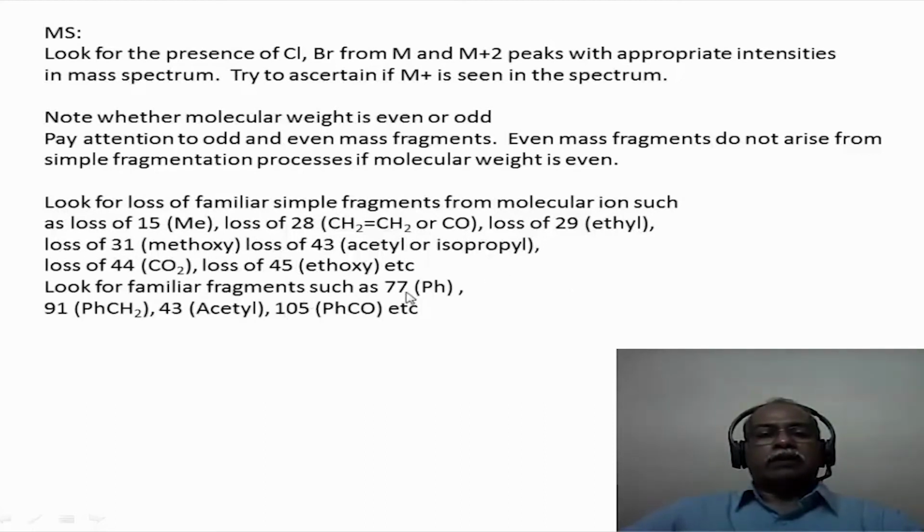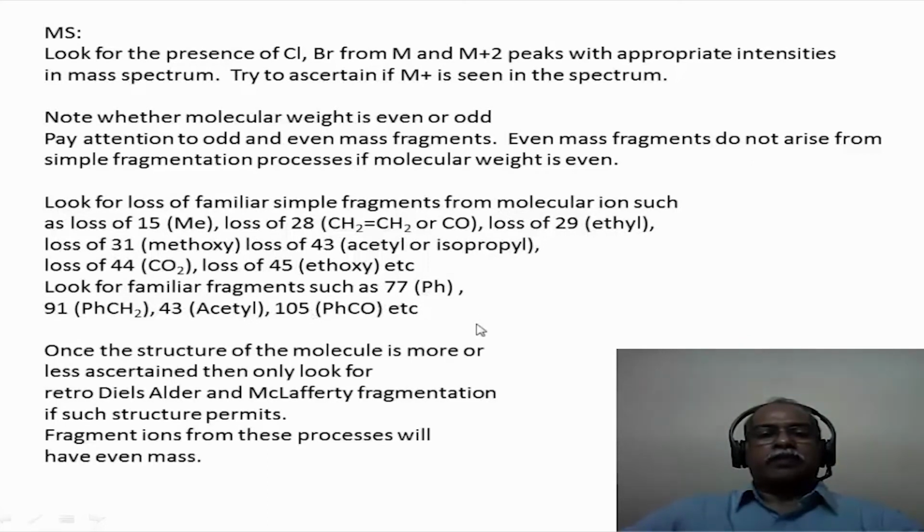An m/z value of 77 would correspond to phenyl, 91 would correspond to benzyl, 43 would correspond to acetyl, and 105 would correspond to benzoyl. So this kind of fragment can be easily identified if you recognize these fragments readily from the molecular weights. Once the structure of the molecule is more or less ascertained, then you look for the more complex fragmentation